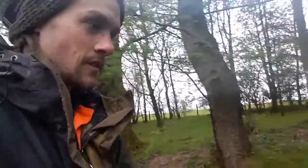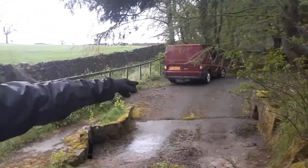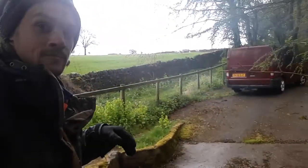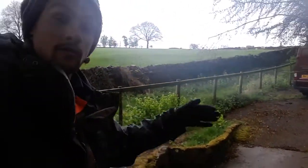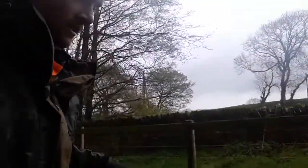So let's have a look. It's like a little ford here. In the winter, you just see it. The water comes through here, down through, causes some flooding every now and then. So obviously if it's coming through, it's got to get away somewhere. So if you have a look down here,